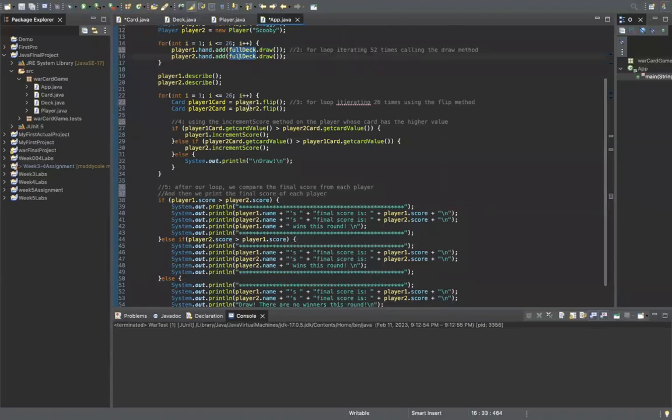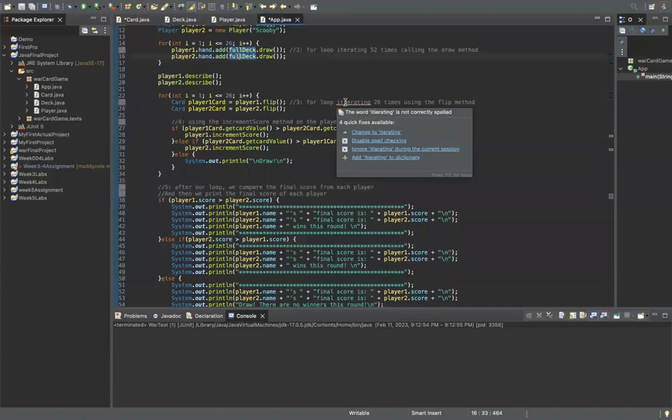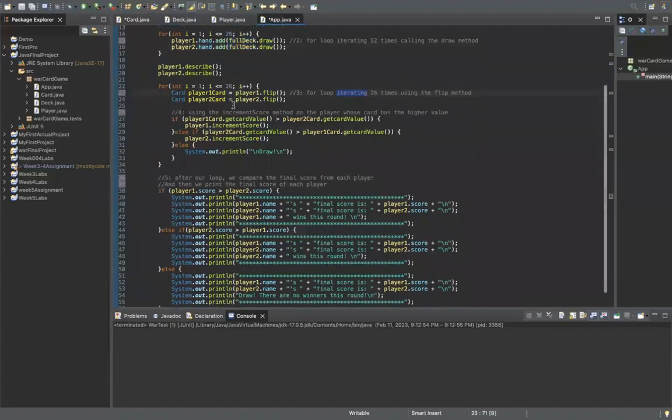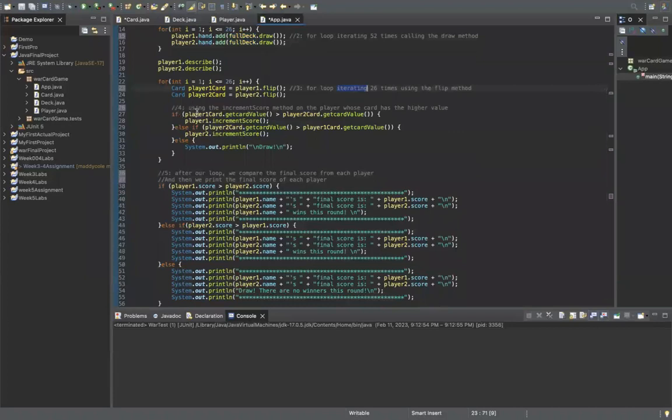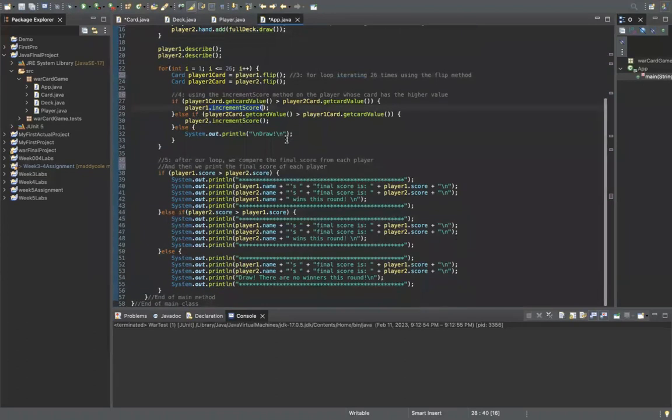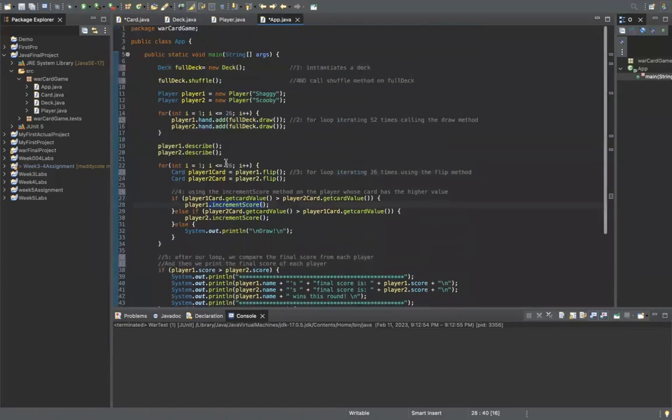And then we needed to create another for loop, iterating 26 times through our deck using the flip method. Next, we needed to use the increment score method, which we did right here, on the player whose card has the higher value. And after our loop, we compare the final score from each player, and then we'll print the final score of each player. So let's go ahead and run this